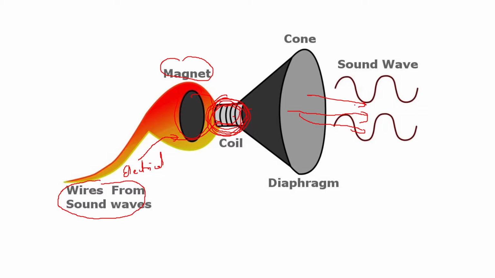Now headphones can be of moving iron type, headphones can be of a dynamic type, headphones can be electrostatic headphones, or they can be a crystal type of headphones where you use the piezoelectric principle. So there can be 4 or 5 principles by which you are going to convert your electrical waves into sound waves, electrical signal into sound signal, or electrical energy into sound energy.